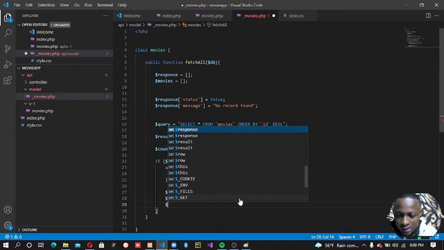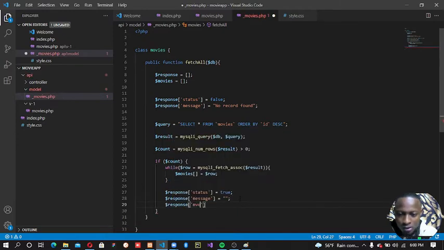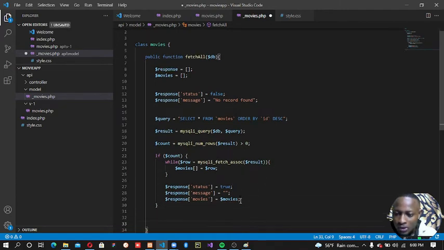Then I want to set response movies to our movies array. So when that is done,